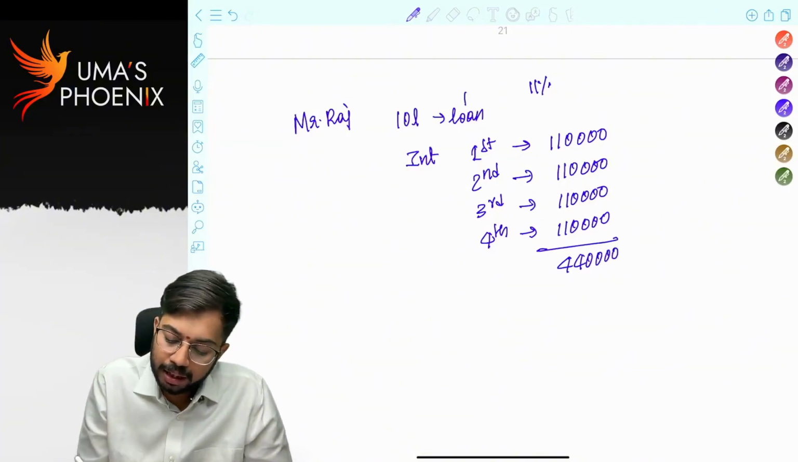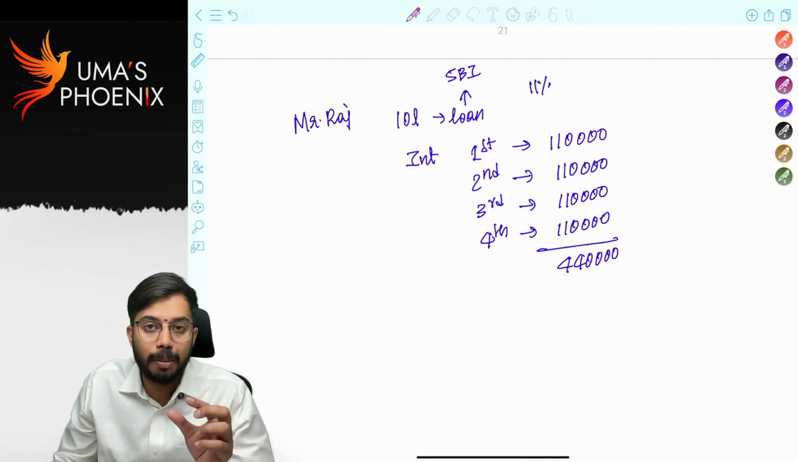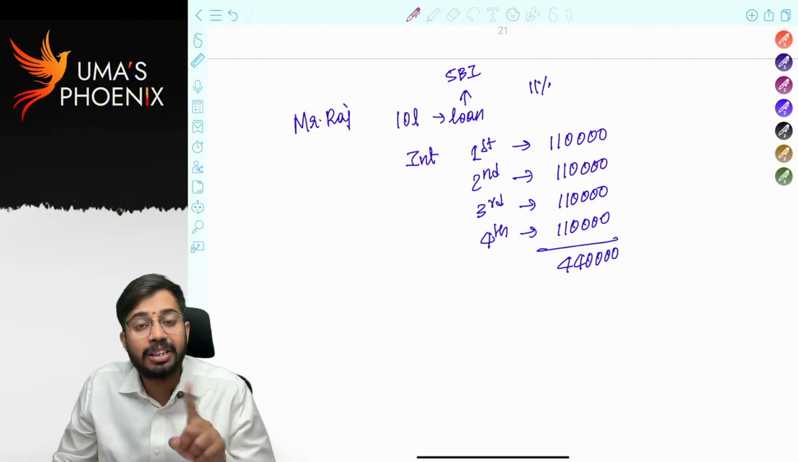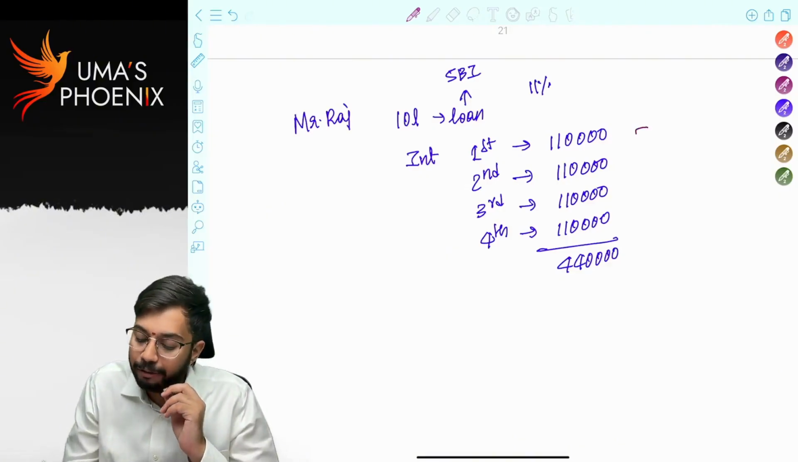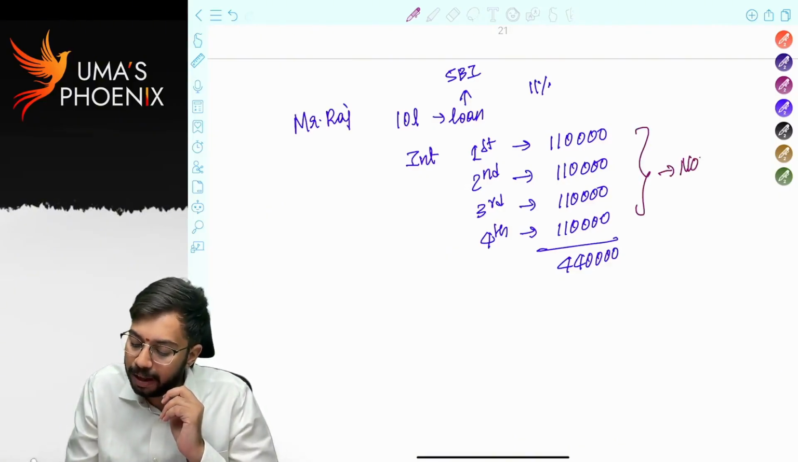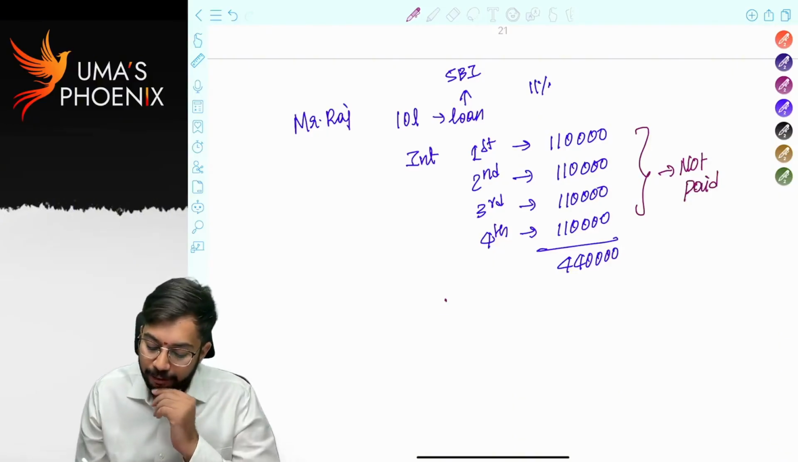Now this loan is taken from SBI. SBI is a scheduled bank, right? So whenever you take loan from scheduled bank, then interest is allowed as deduction as per 43B. Only if it is paid, then only allowed as deduction. But 4 years interest was not paid. Is it allowed as deduction? If interest is not paid, it is not allowed as deduction. In 5th year,